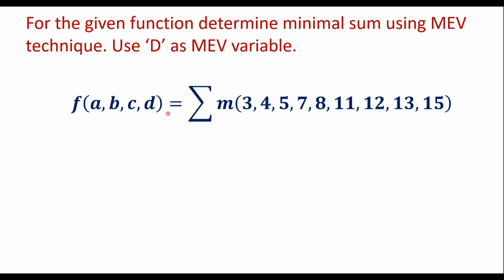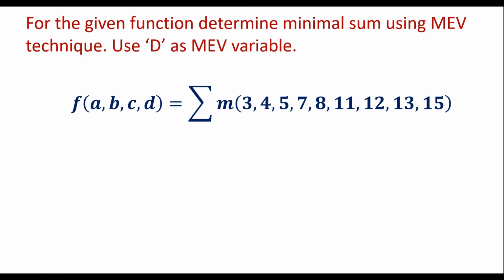In this video, I will simplify the given function using MEV technique. For the given function, determine minimal sum using MEV technique. Use D as MEV variable. F of A, B, C, D is given by the minterms defined are 3, 4, 5, 7, 8, 11, 12,